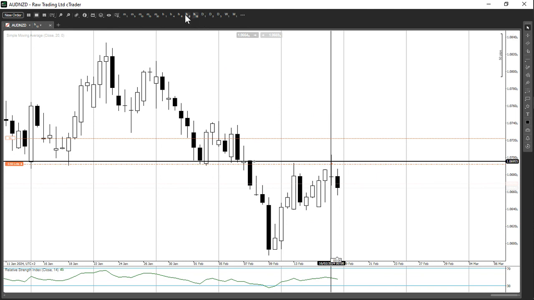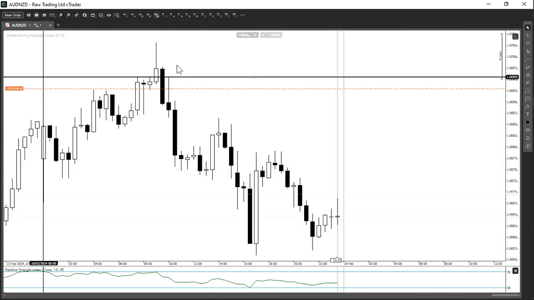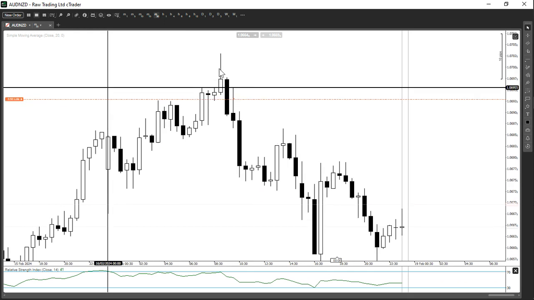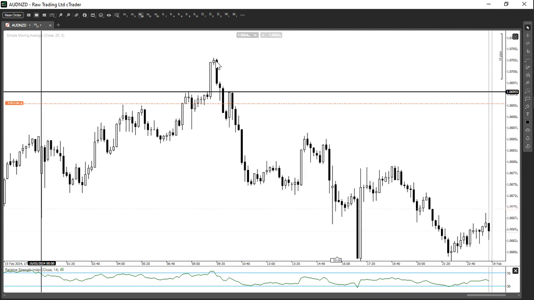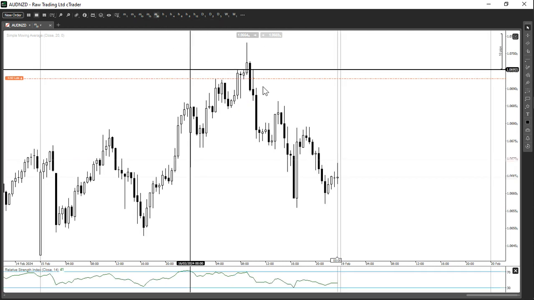So when that happens, of course, like I said, 30 minutes and below, we look for an entry. As you can see here, I think we firstly had it on the 10 minutes if I'm not mistaken, we had a bearish engulfing. That's the trigger, like I explained in that video. And then of course I was looking for price to push back up here, but once we had it on the 30 minutes, I told the guys in the group to adjust your sell limit, and then we placed it right here just below this bearish engulfing on the 30 minutes. And then of course price came in, triggered our trade,